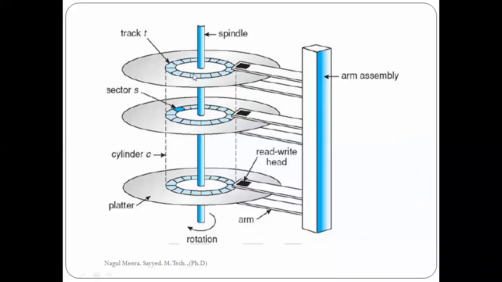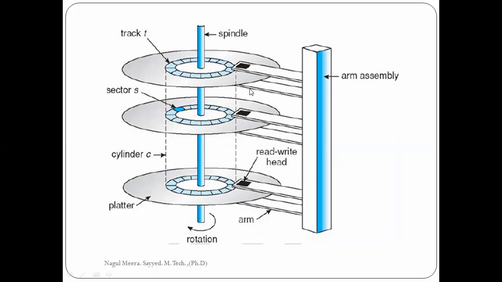So one more point is how our data is stored on the platter, how our data is updated, how our data is modified. That is with the help of this: the disk arm. Each platter consists of two disk arms. One is for the upper side, one is for the lower side.